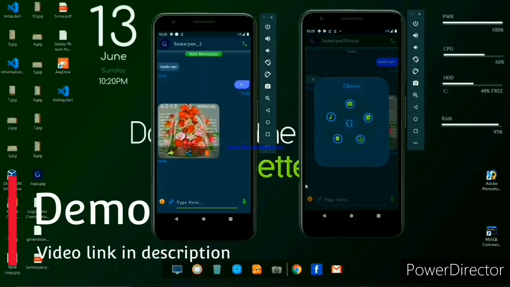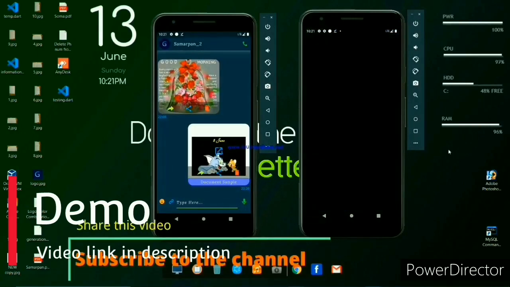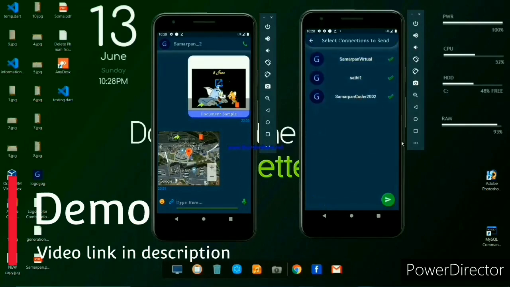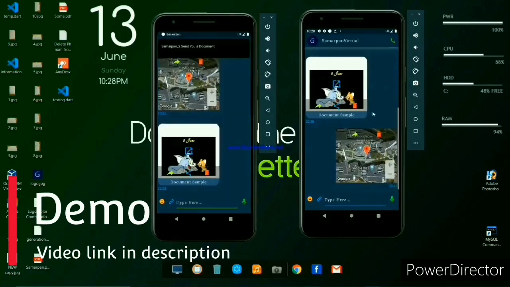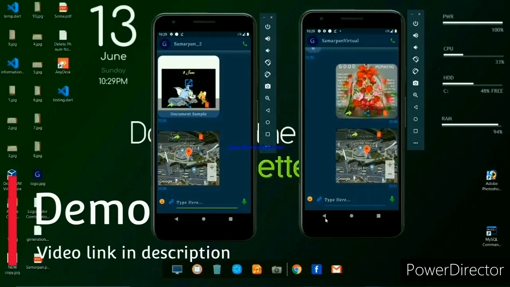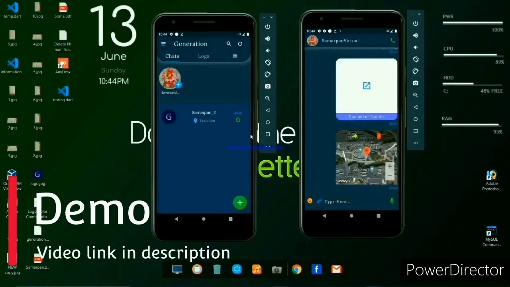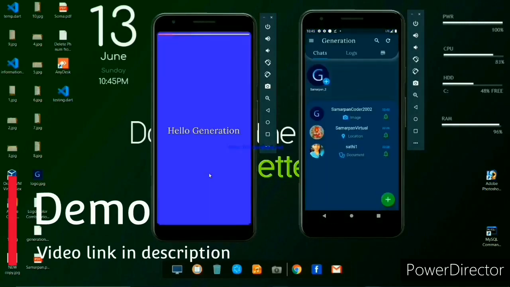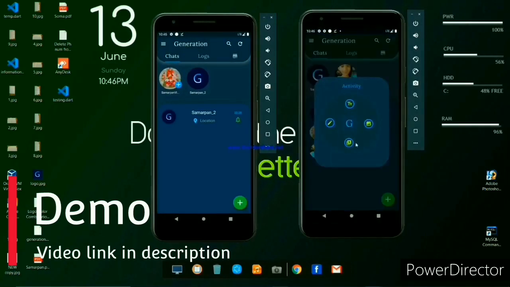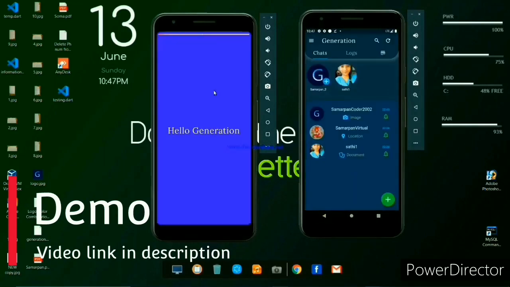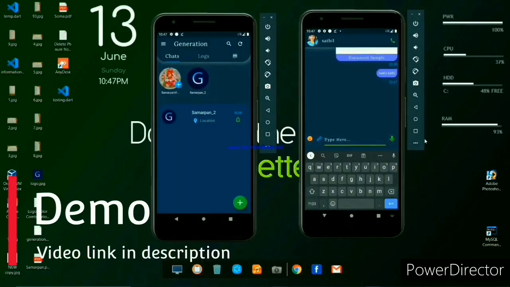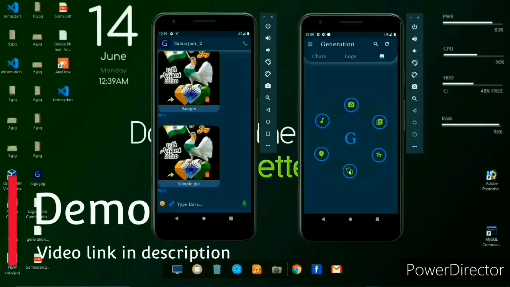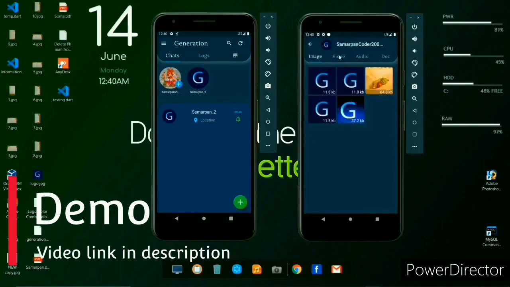In the previous video I covered the call logs and general messaging screen UI, and our homepage design. The UI design of chats, logs and store is totally completed. In today's video we are going to cover the UI of the menu screen, and from next Tuesday we will start the backend work with chatting UI configuration and all other stuff. So hope you stay tuned. Without wasting any time, let's get started.